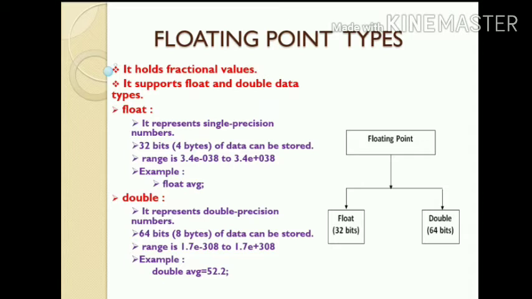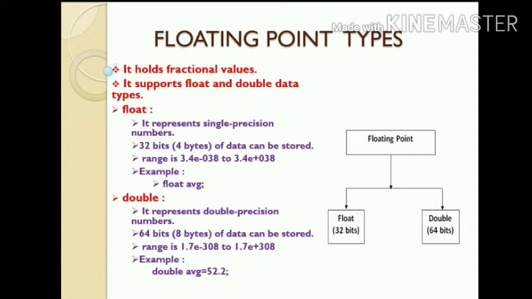The range is 3.4e minus 38 to 3.4e plus 38. Example, float avg; avg is a variable which is used to store an average value. That value is a floating type value.